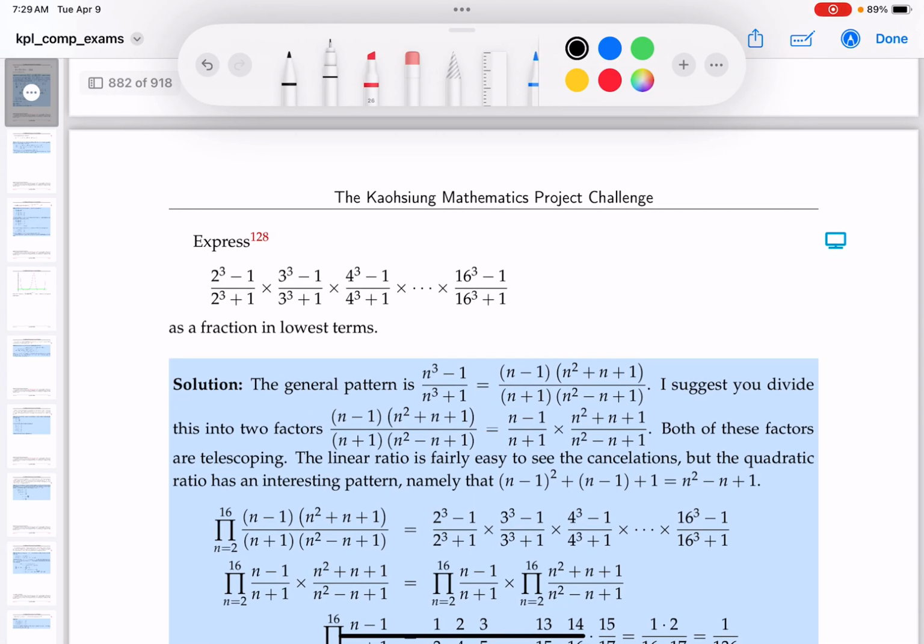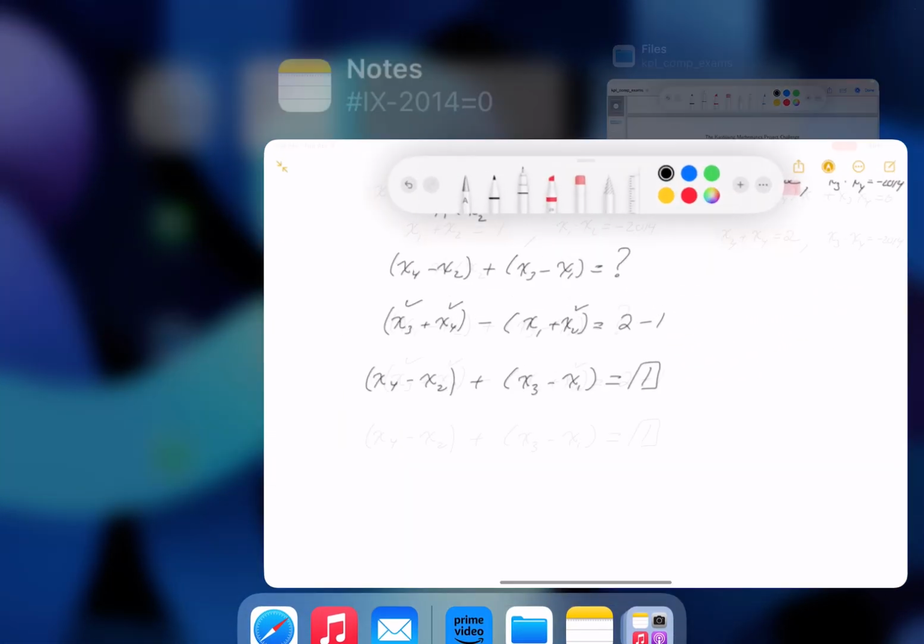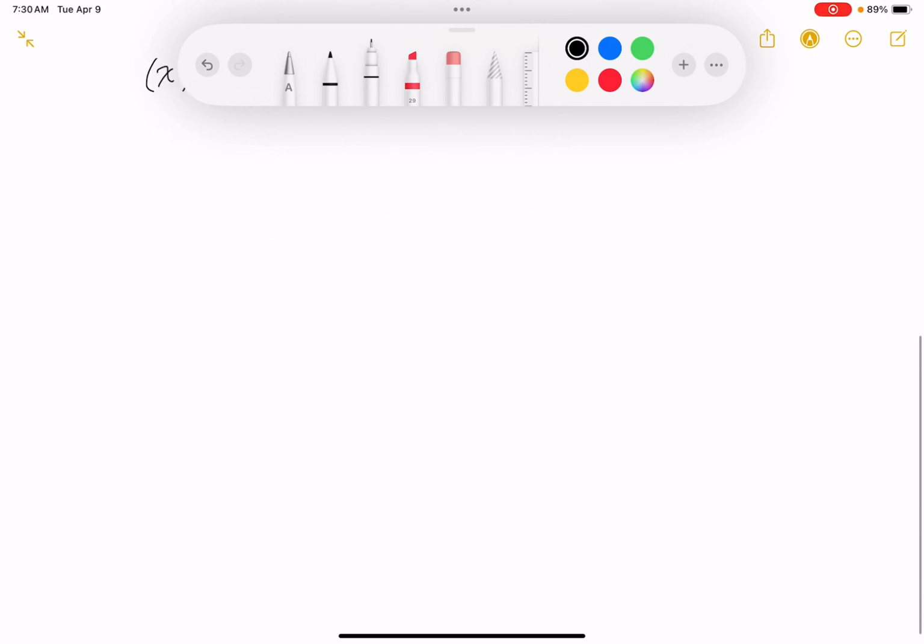Okay, express, and I see this product, and what I want to do is go to the whiteboard and talk about how I would do the problem, all right? So I'm going to go to the whiteboard, write down what they've given me, and what they've given